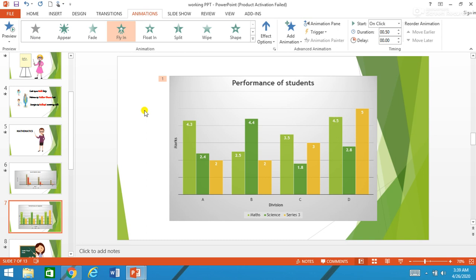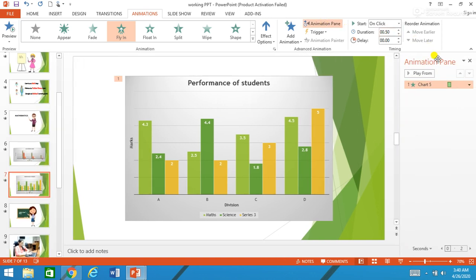However, I don't want the entire chart to fly in on the slide, but I want series wise, that means subject wise, these bars should appear on the slide. How can we do that? For that, open the animation pane.